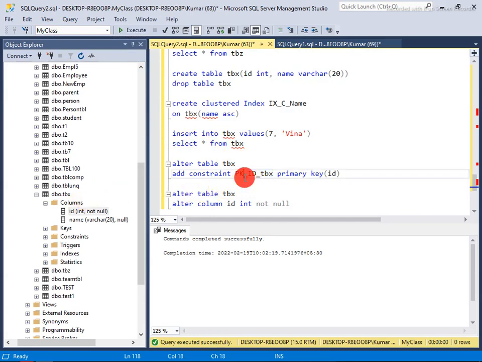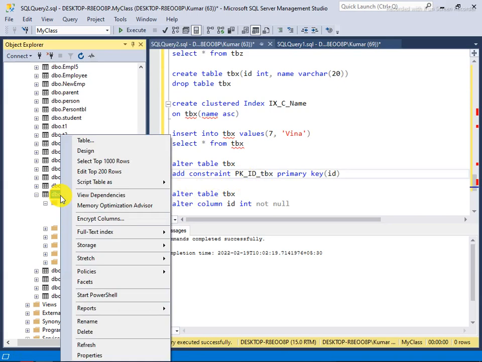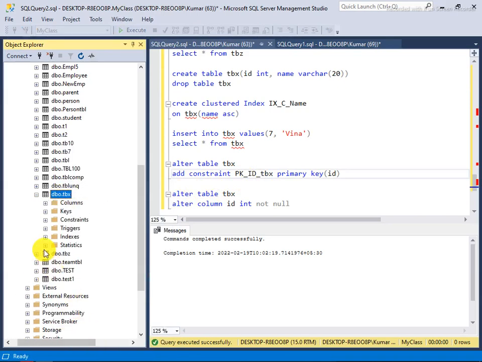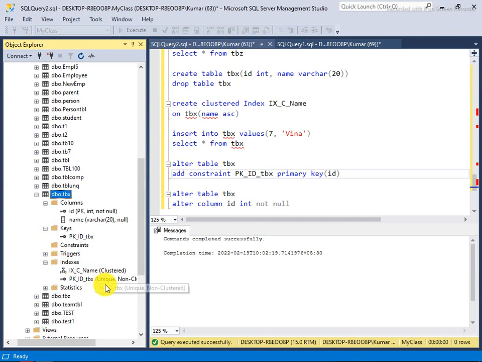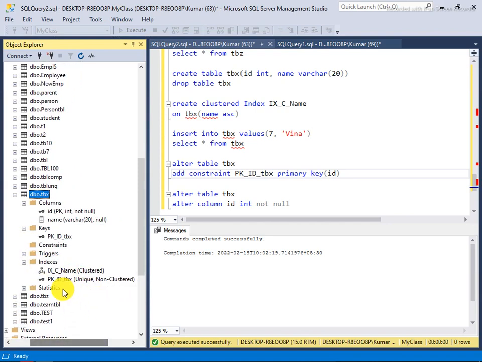So I changed the name, so it will accept. Now I show you. You will notice here key constraint and index, and this time this is a primary key, and it's non-clustered, because I already made a clustered index over name, so another clustered index cannot be in a table.